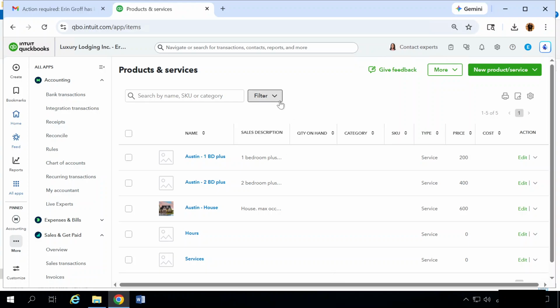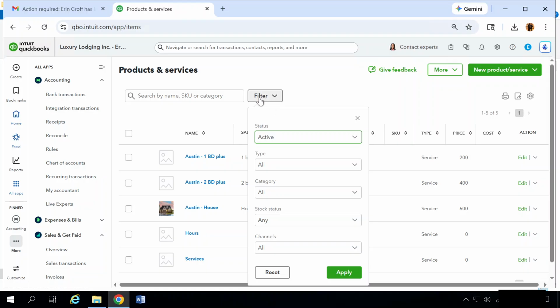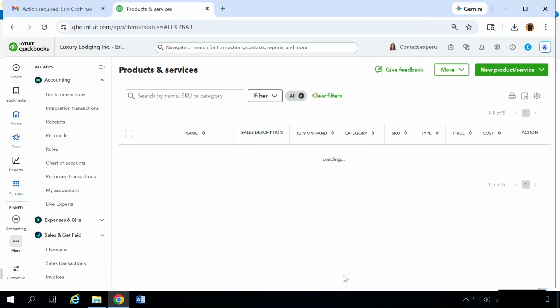Okay, I did click on it and looked right past it. On your filter drop down, your status here, you can see I have set to active. So now we have the option to show just active items and services, just inactive, or we can show all. So when I click all here and apply,